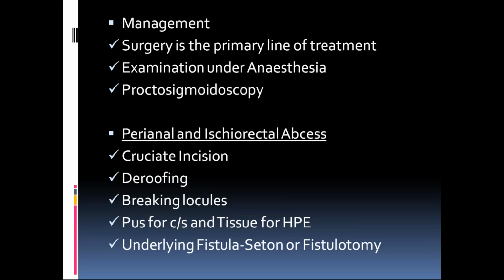When the pus is sent for culture and sensitivity, if the report comes with skin organisms, then it indicates that it is not a fistula. In the abscess cavity, if it comes as staphylococcus or streptococcus, then you can tell that there will be no underlying fistula. But if the pus contains gut flora like Escherichia coli, then you should be suspecting an underlying fistula. Why? Because